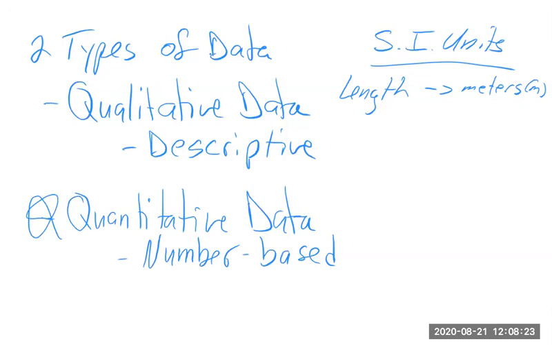But in the American system, we can use inches, feet, yards, right? But in the SI units, we stick with meters, and we can have kilometers, meters, millimeters, centimeters, micrometers, nanometers, picometers, but we stay with meters. The SI units also have a specific unit for mass. The base unit is a kilogram. I'm just going to write the gram here,